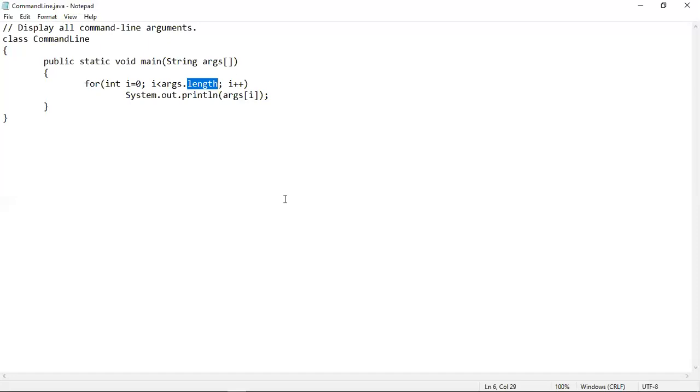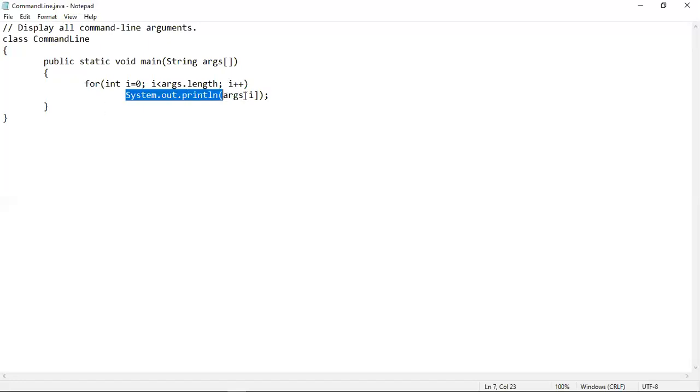So basically, if you want to compute the length of an array in Java, you can use this length keyword after the dot operator. And before the dot operator, you have to put the array name. So basically array name, then dot operator, then the length keyword. This will give you the length of the array. That means I will loop till the length of the array. So if the length of the array is say 5, then it will loop from 0 to 4. And after that, there is a post increment operation.